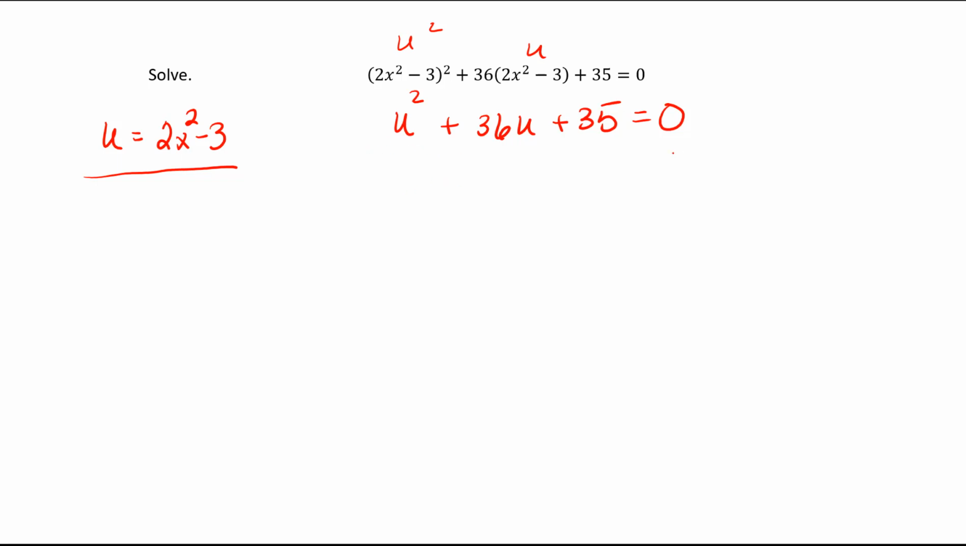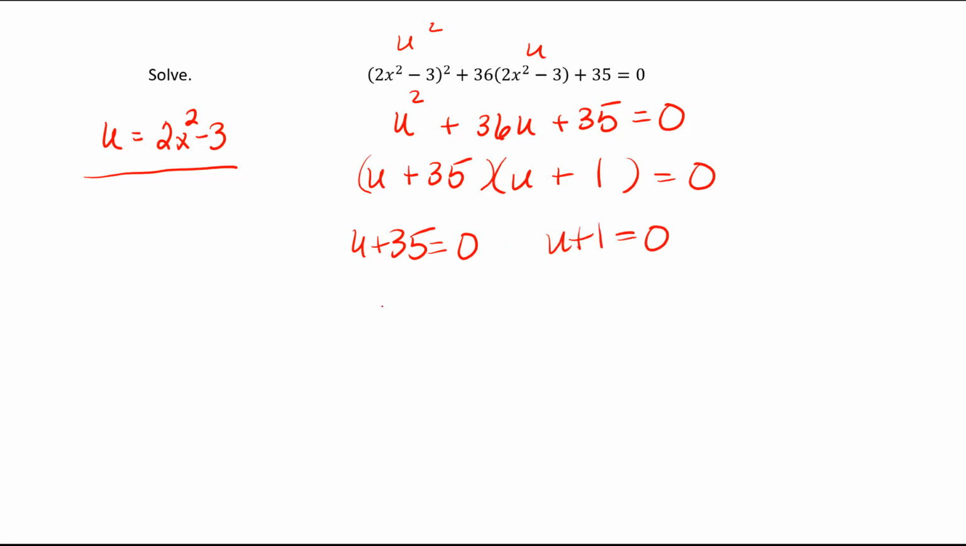All right, so now I can just solve this easy equation here, u squared plus 36u plus 35 equals 0, and I can easily factor this to (u plus 35)(u plus 1). That means that if u plus 35 times u plus 1 equals 0, then either u plus 35 is 0 or u plus 1 is 0. So u is negative 35 or u is negative 1. Now that I've solved it, I'll go ahead and put this back in for u